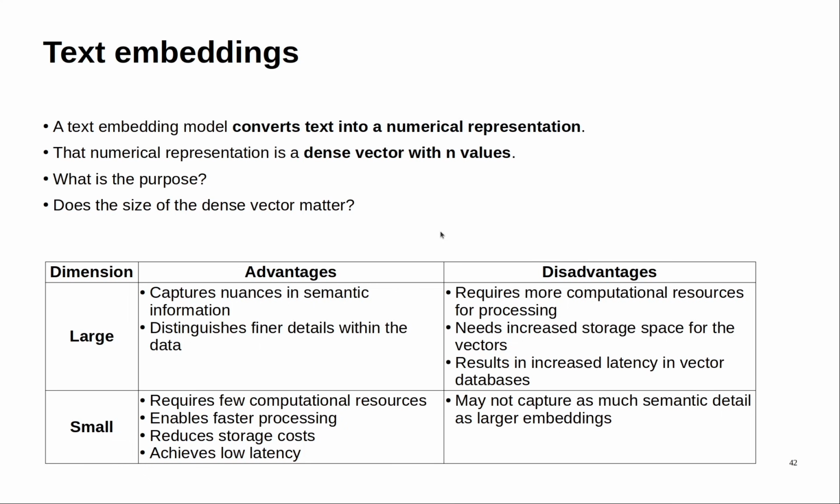If you are working with complex or multilingual data, larger embeddings are usually better, but if your data is simple and in one language, smaller embeddings will work just fine. To be clear, small embeddings usually have fewer than 1000 values, while large embeddings can have 2000 or even 4000